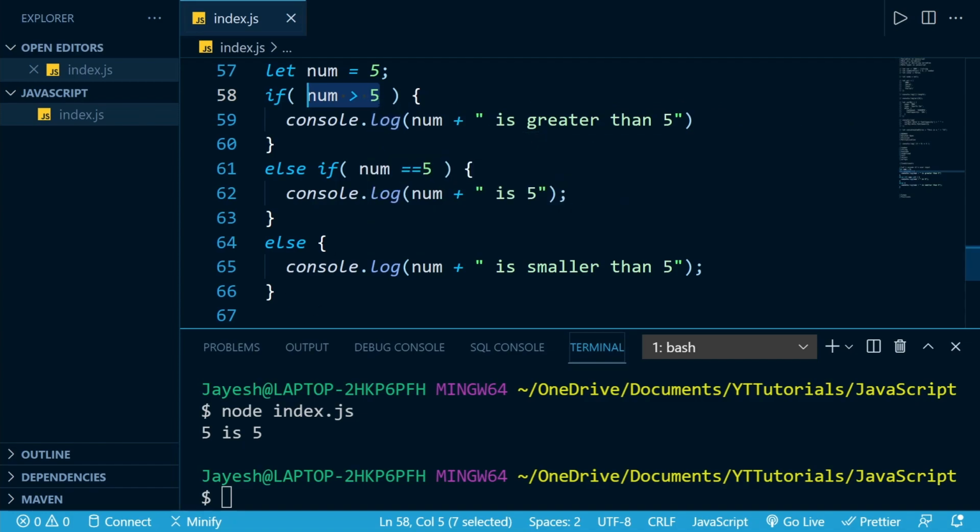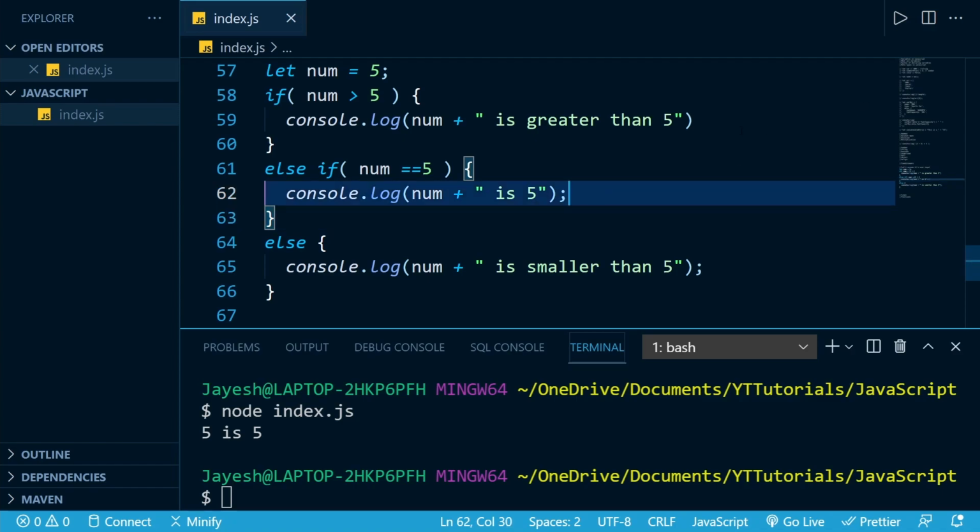And for example, if this returns false, now our program will check for this else if condition. So we are chaining this else if with this if. This else if will only be executed if the if returns false, and our else will only be executed if all the conditions above it, for example this if and this else if, both return false. Only then else will be executed. And we can have as many else if conditions as we want. There is no restriction on it.